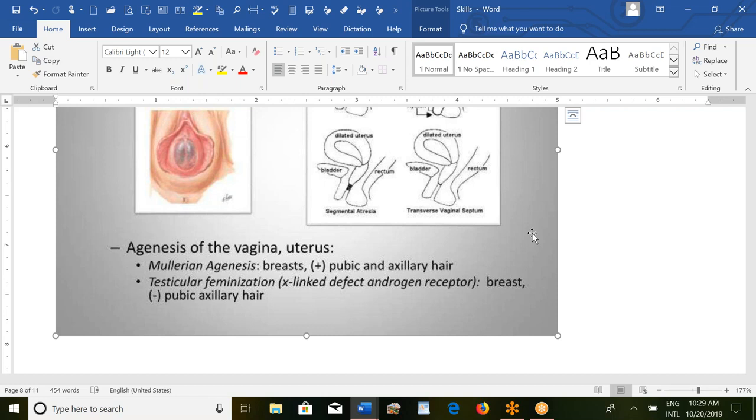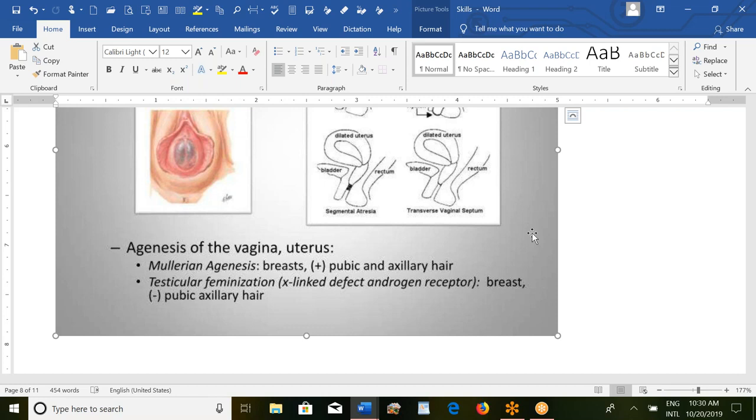Maybe there is agenesis of the vagina or uterus, which can occur in Mullerian agenesis, also called MRKH, Mayer-Rokitansky-Kuster-Hauser syndrome. She will have breast development because she has normal ovaries, and she will have normal pubic and axillary hair. And the fault here is that